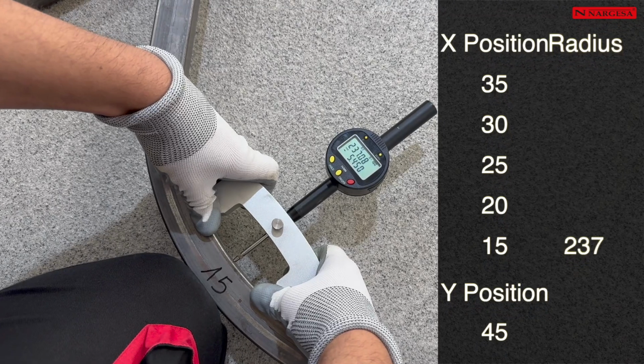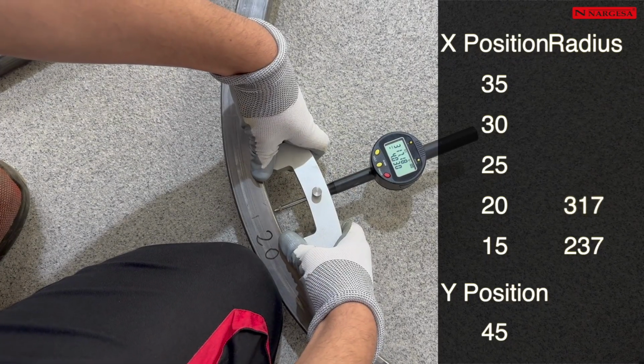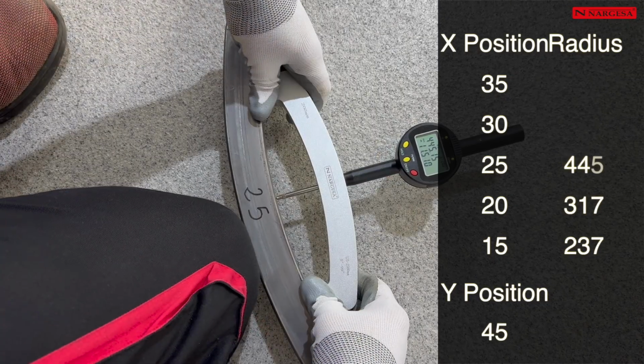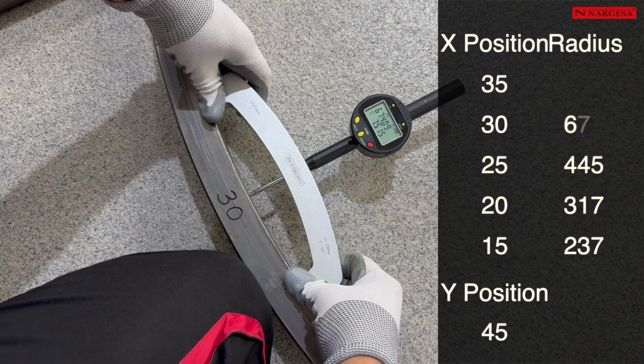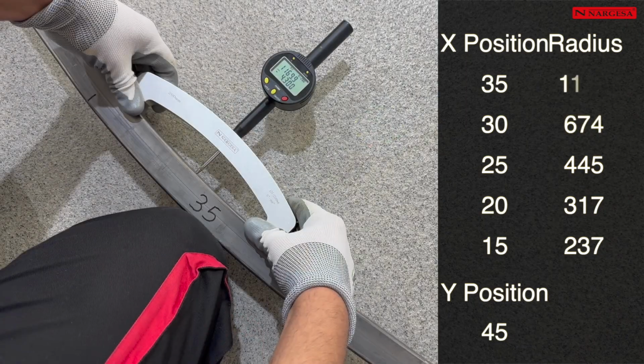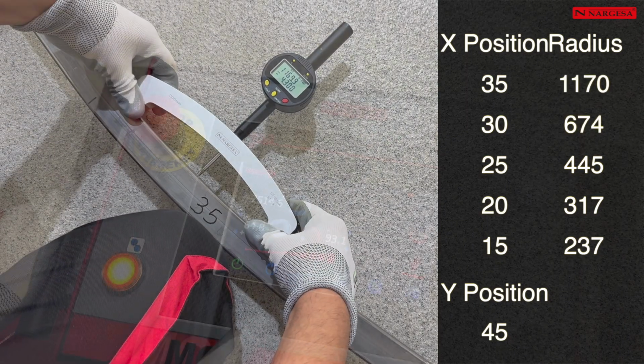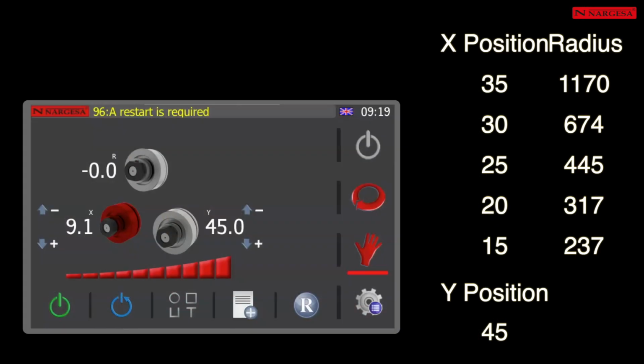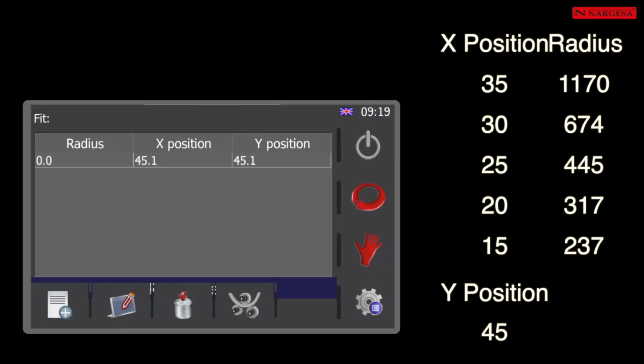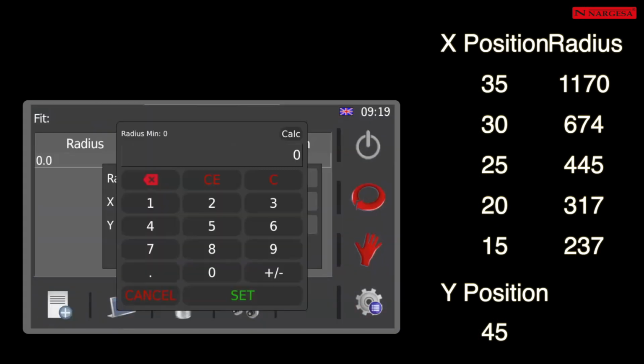Measure and write down the bend radiuses obtained. Access the Radius database and go about creating new records by entering the data available.